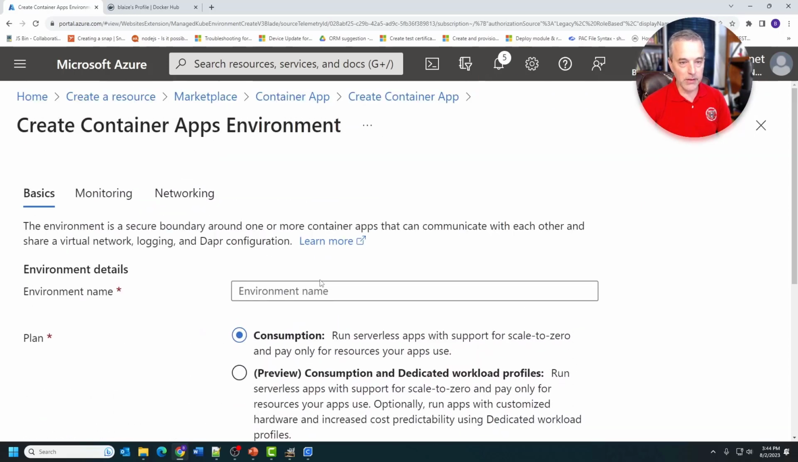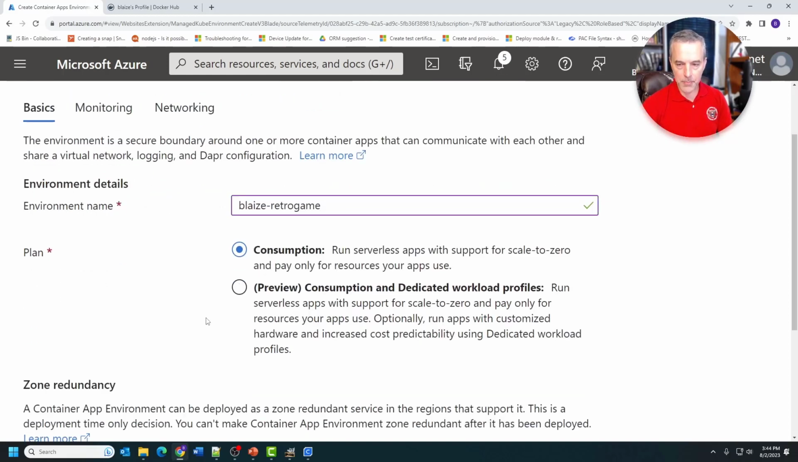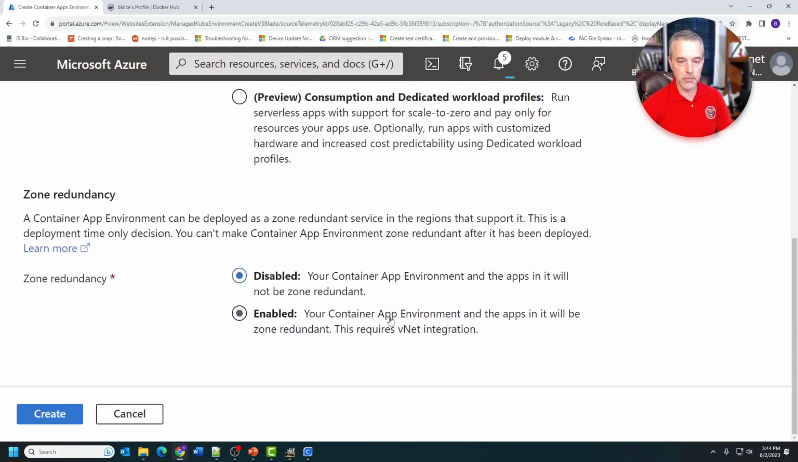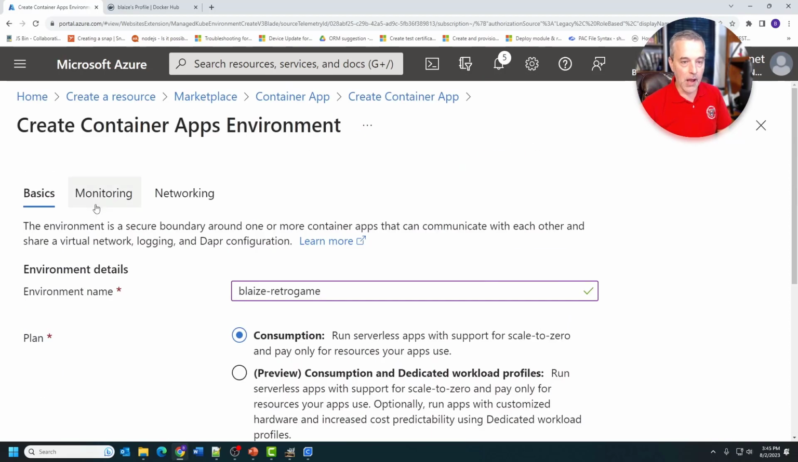And this one gives you the ability to choose what kind of environment that you want. And I'm going to call mine Blaze Retro Games, because I'm going to deploy Commander Keen and RetroArch to this. And you want to use the consumption model, which is the only one that's in production right now, but they have this preview one that's consumption and a dedicated workload. And you can enable or disable zone redundancy. If you want to have zone redundancy, you incur a little bit of costs for the ingress and egress between the zones in an Azure region. If you want to enable that, it provides better availability,